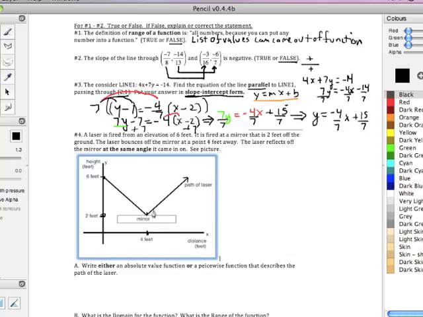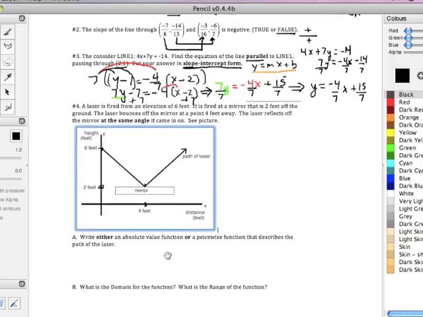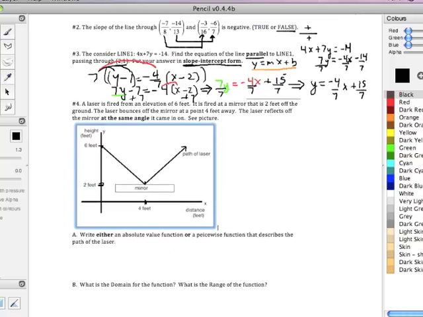See the picture. Okay, so there we go. Look at all this stuff. Write either an absolute value function or a piecewise function that describes the path of the laser. Hopefully you recognize this as an absolute value